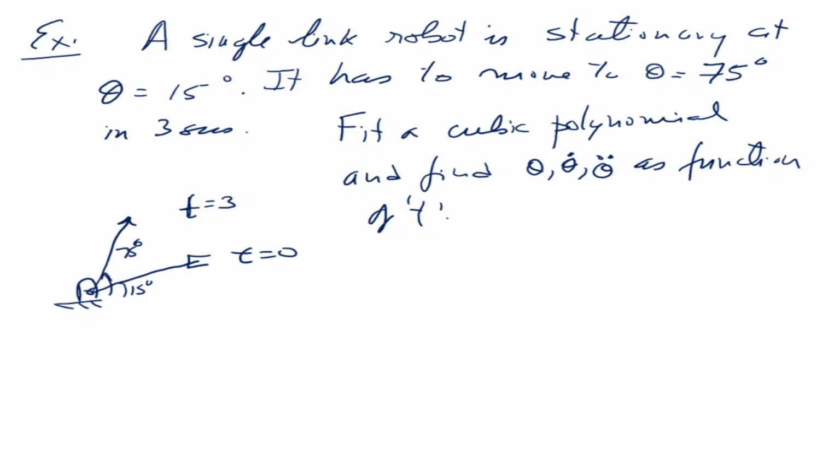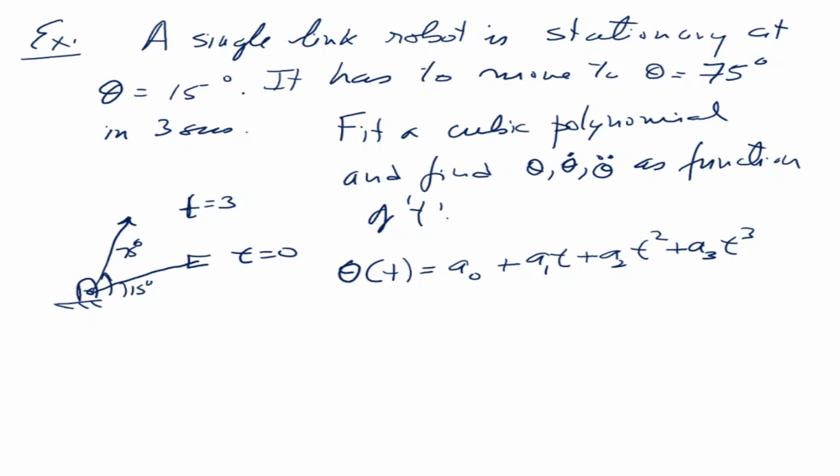the cubic polynomial. So theta t is equal to a0 plus a1t plus a2t squared plus a3t cubed. Okay, this is a cubic polynomial. Now, there are 4 coefficients, and we have 4 parameters, and we have 4 constraints. So what are the 4 constraints? The 4 constraints are